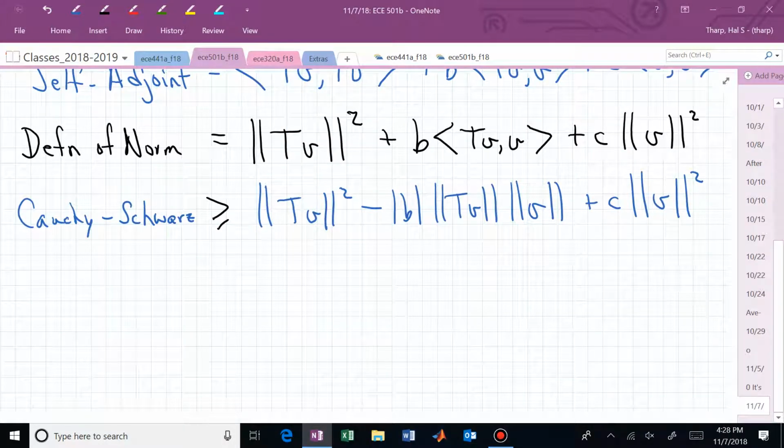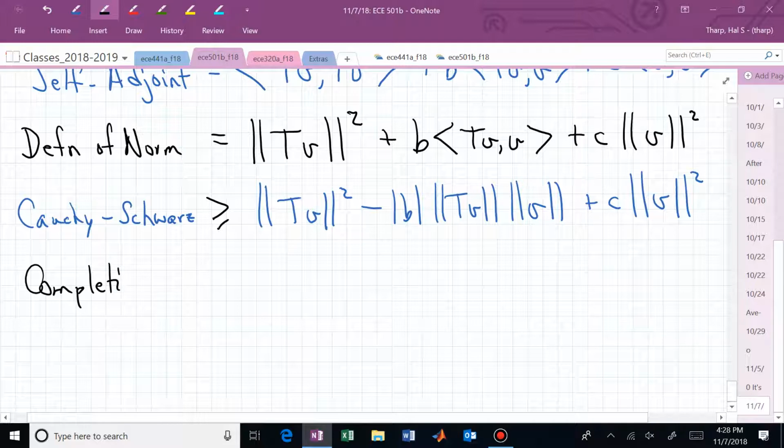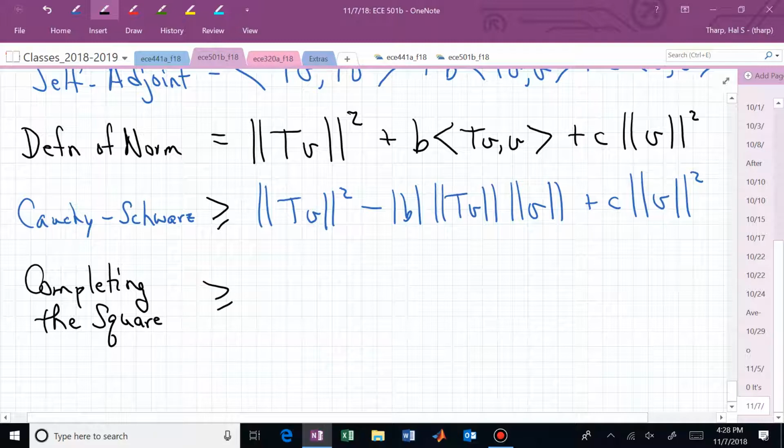B is a number, C is a number, etc. So now completing the square allows me to say that that's greater than or equal to, and now I have TV, that norm squared, and I'm viewing that like x, so I now have